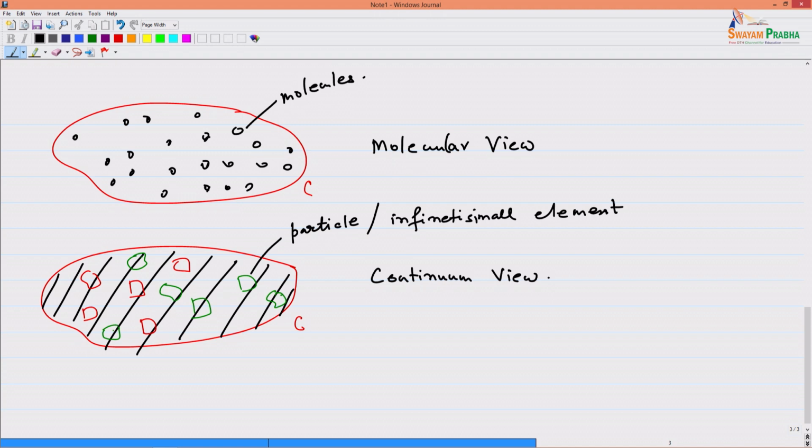We say that all the time, but is an infinitesimal element or a particle the same as a molecule? No, we are not saying that. Why are we not saying that? Because when I say a particle or an infinitesimal element, it will have the same density that is defined for